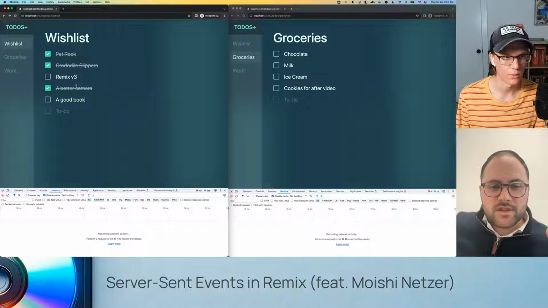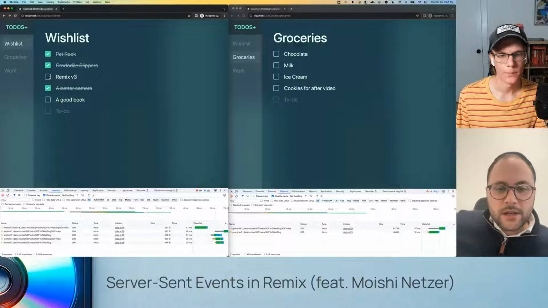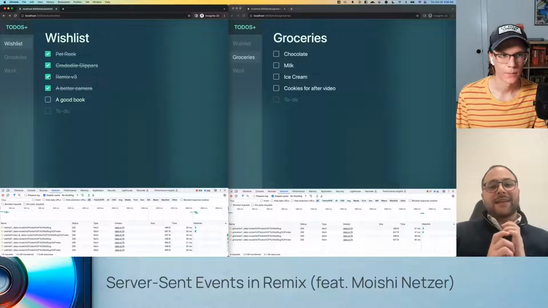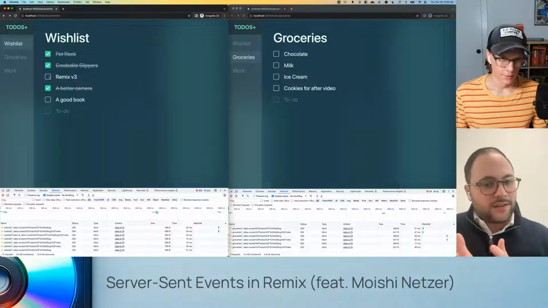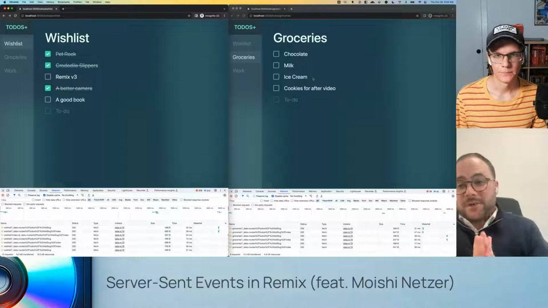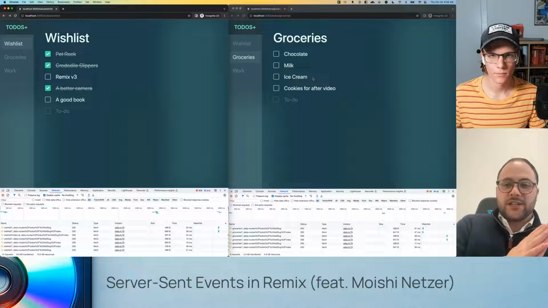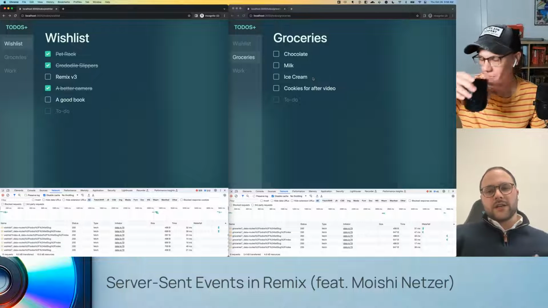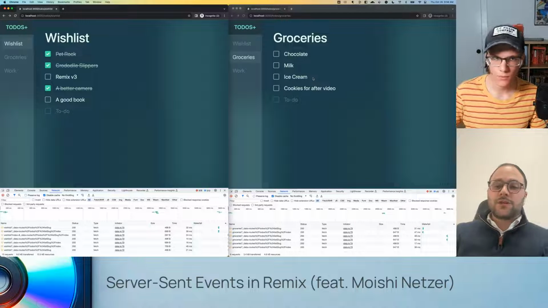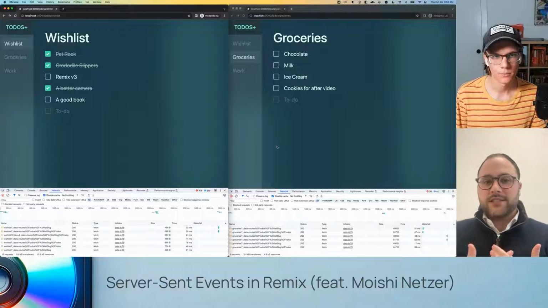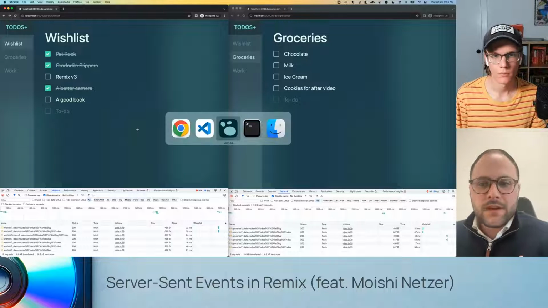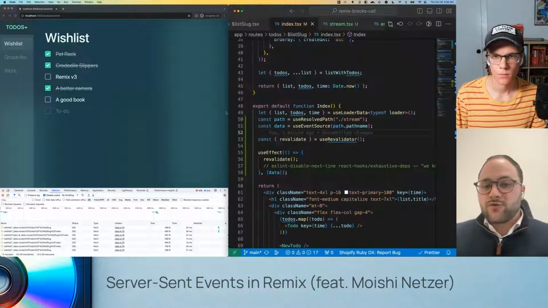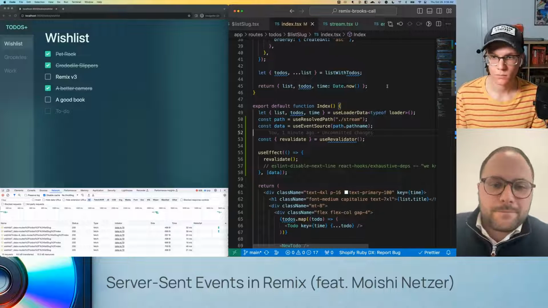Okay, so let's toggle something in the wish list, right? And those are happening now as well on slugs that we didn't ask. We didn't try to change this page. We only tried to change the wish list. So what we can do now is, instead of emitting to the to-do, we can emit to something that's unique to each of these pages, which is their slug. Okay. So we can have our own stream for each slug. So let's check that out.